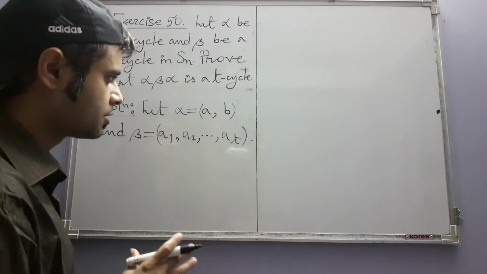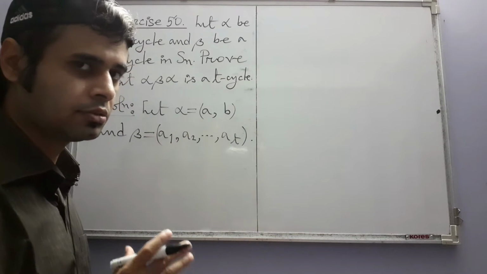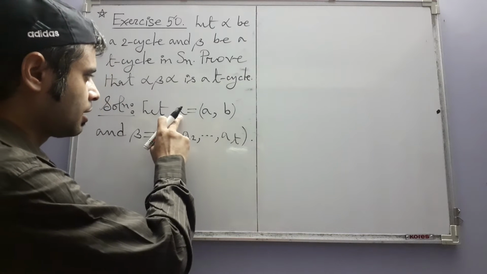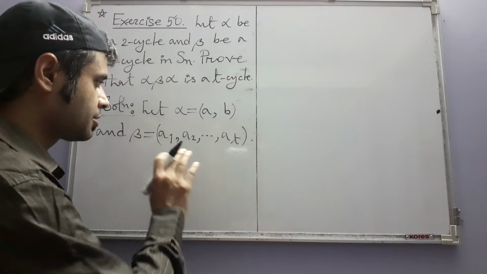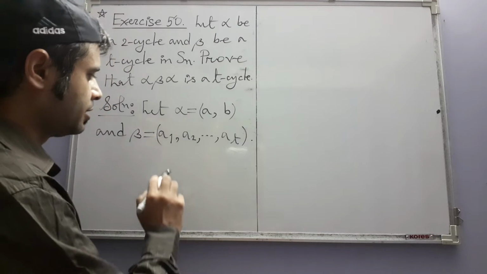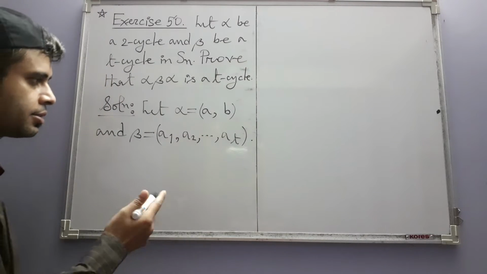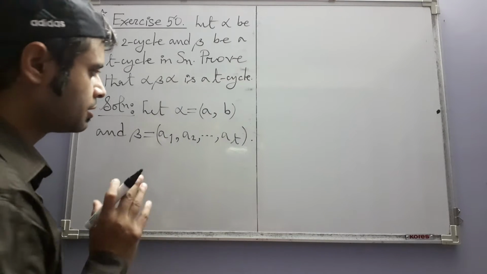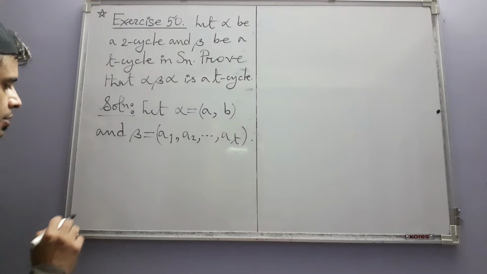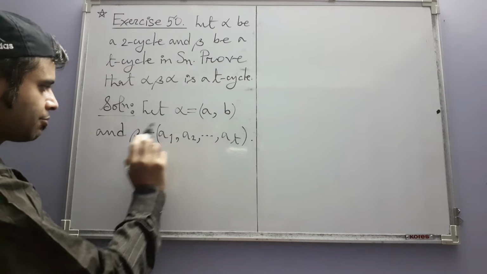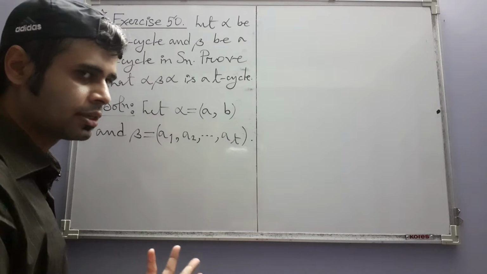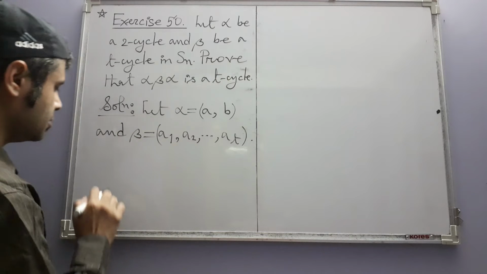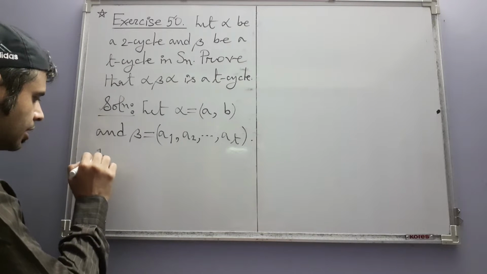Now some cases will arise and we have to handle the cases individually depending on how alpha intersects with beta, that is whether there is any symbol in common, and if so how many are common. Depending on those things, some cases will arise, and the first case where alpha and beta do not have anything in common, that is when they are disjoint, is rather easy. So we write like this: